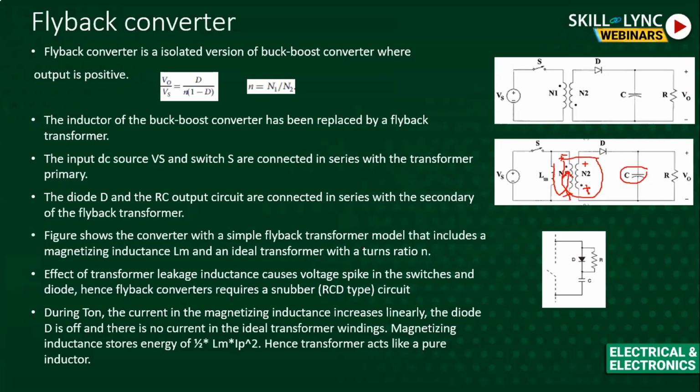This flyback converter is slightly tricky to understand, but it is a very useful converter because it can have multiple secondary windings, up to 10 secondary windings. So if you need multiple outputs like 3.3 volt, 5 volt, 12 volt, whatever it may be, we can have a single primary with a switch and multiple secondaries with a diode. In this fashion we can use it. And one more important thing is, there is no output inductor required. This will act as an inductor.